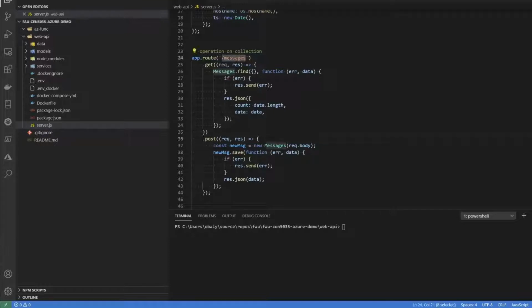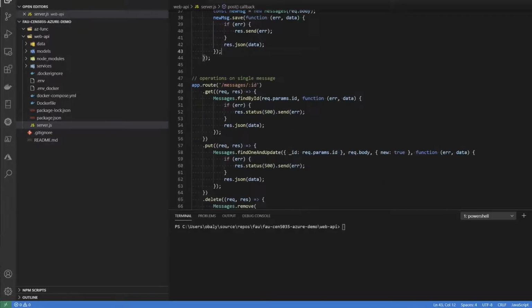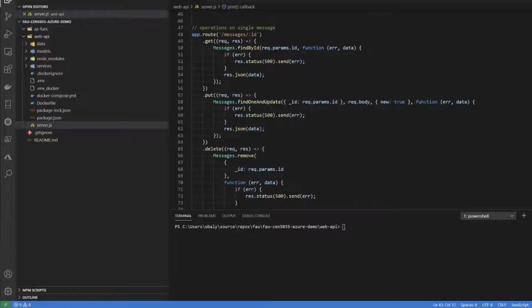Messages API also has a post request, which allows us to capture a JSON payload from the user and save the new message to the database and return the response to the user. Then we have a few methods specific to